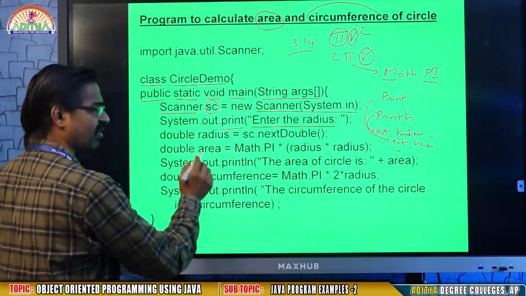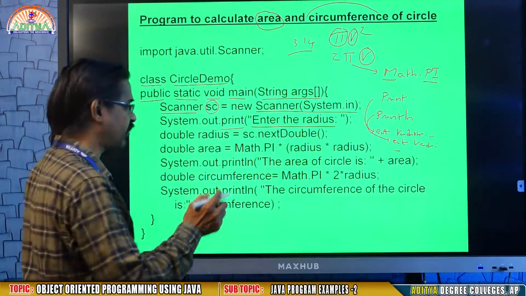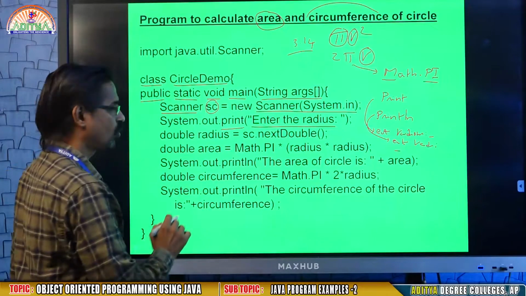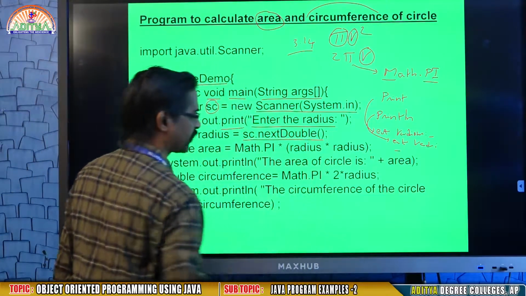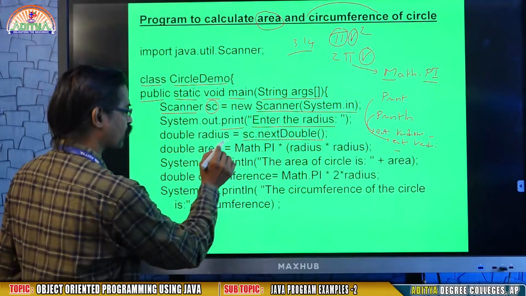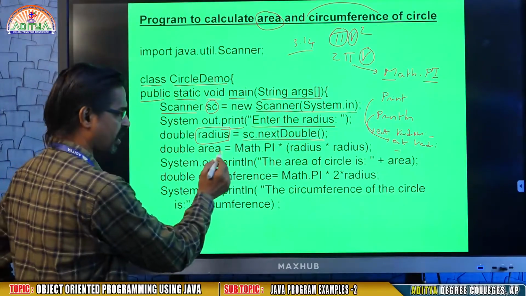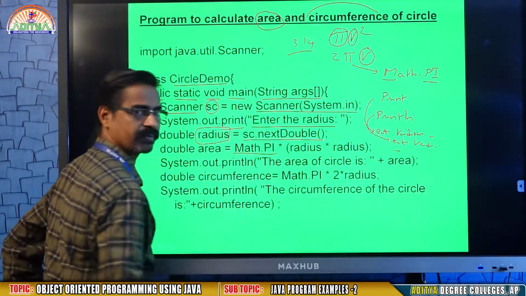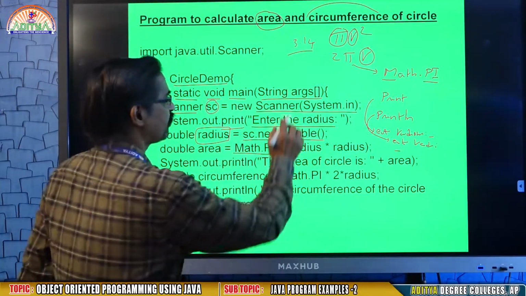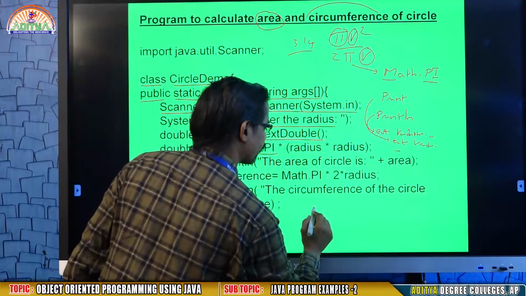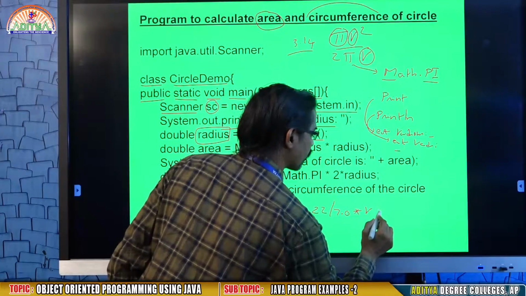So after this message, I want to read a value. Already I prepared an object sc. sc refers to the Scanner class, so sc.nextDouble() will read a double value, and the double value will be stored into radius. Now coming to the next one, double area equals Math.PI. Simply you may write this expression like this: 22 by 7.0 into r into r.